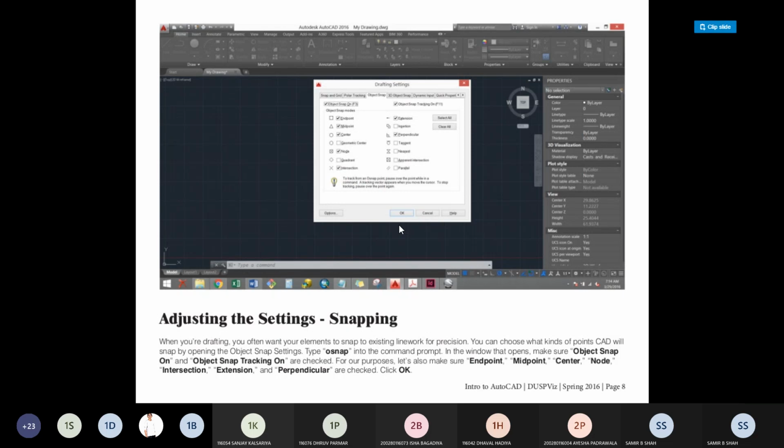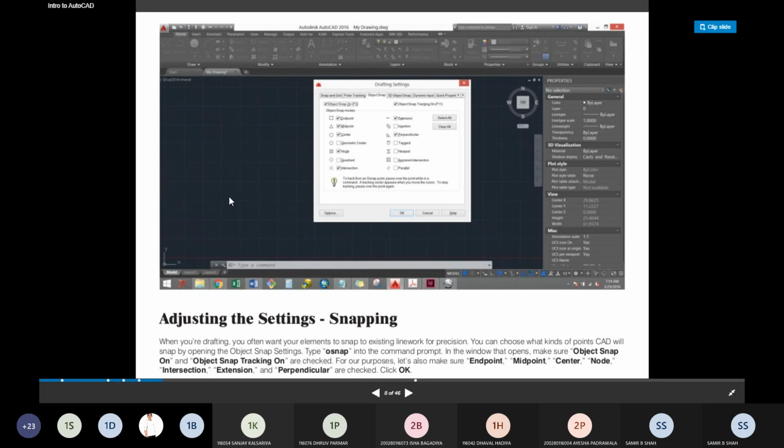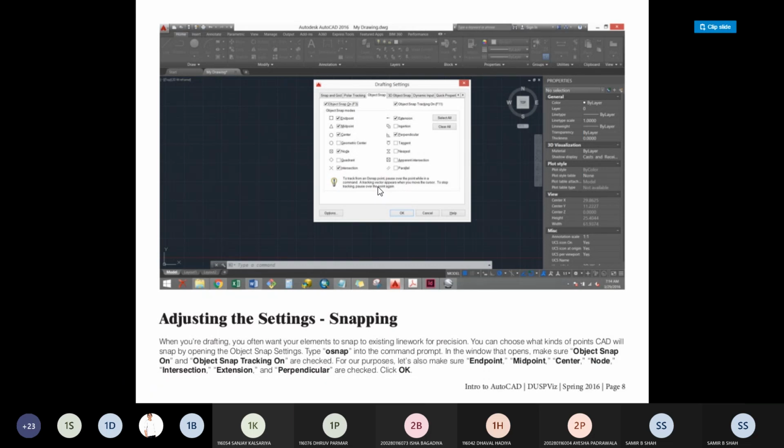This is the setting of AutoCAD. Whenever you are drafting, you often want your elements to snap to existing linework for precision, right? You can choose what kind of options CAD will snap to by opening the object snap settings.